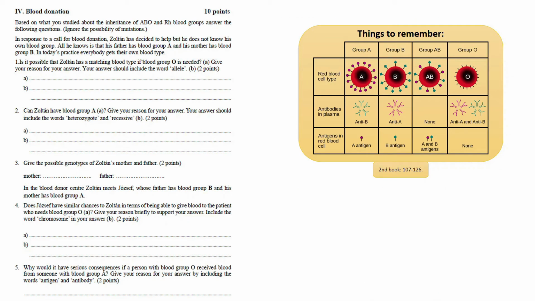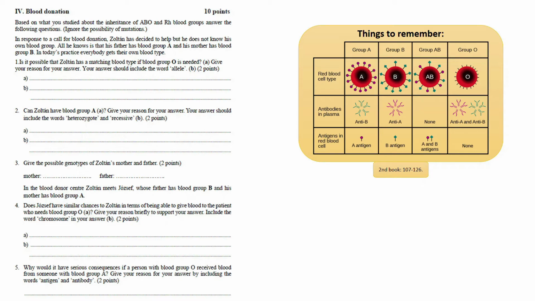Exercise 4, blood donation. Based on what you studied about the inheritance of AB, O, and Rh blood groups, answer the following questions. Ignore the possibility of mutations. In response to a call for blood donation, Zoltán has decided to help, but he does not know his own blood group. All he knows is that his father has blood group A and his mother has blood group B. In today's practice, everybody gets their own blood type. Is it possible that Zoltán has a matching blood type if blood group O is needed? And you have to give 2 answers here. Give your reason for your answer, and your answer should include the word allele,